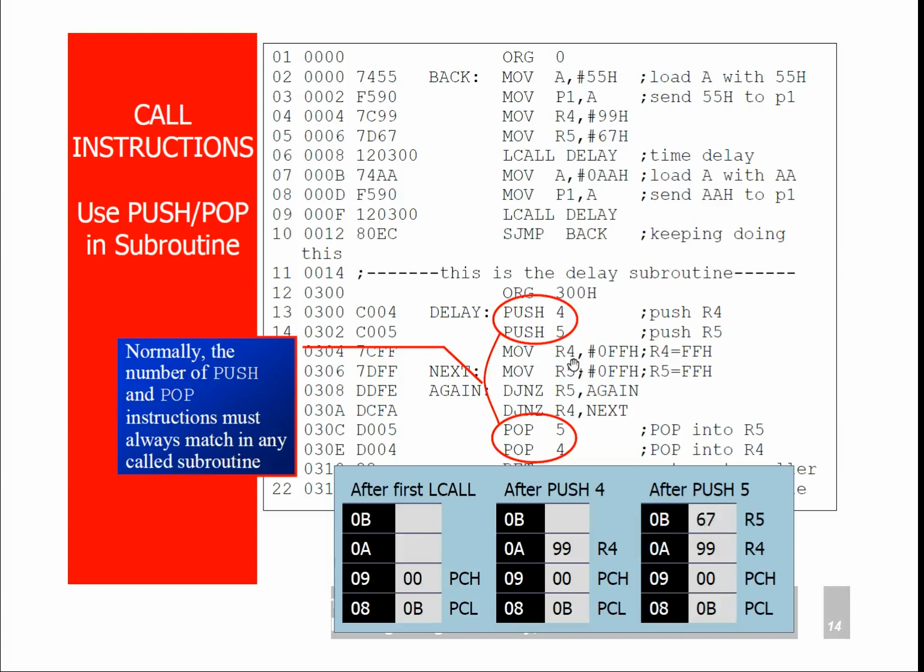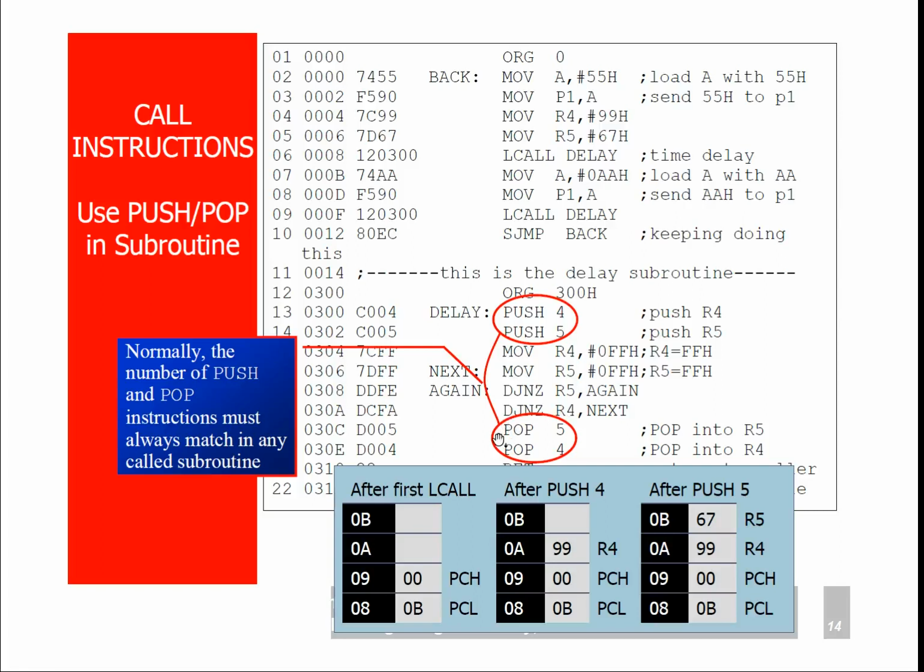Later move r4 #0ff, move r5 #0ff, here we are using the R4 and R5 register as a counter. So here DJNZ R4 next. Once the R4 content becomes 0, it will come out of the loop and the very next instruction will execute.